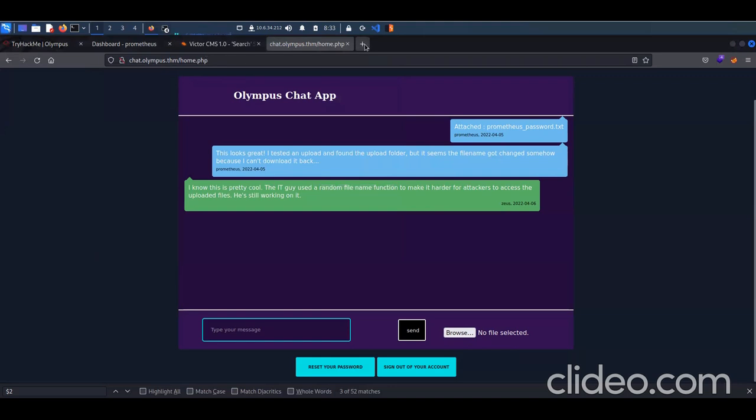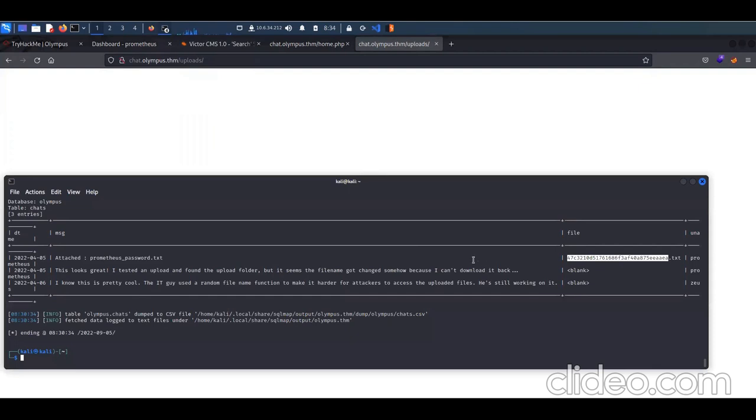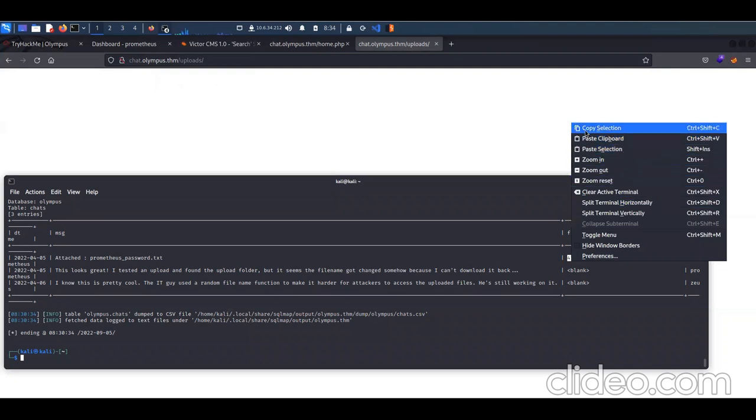Copy it, and chat.olympus/uploads. Let's see if I can see the content of the uploads folder. I can, which is a good sign. As a webmaster, you wouldn't like third parties reaching your web page and seeing the contents of the uploaded files. So you don't want to show that. That's good. However, if we follow the complete full path, such as this one here, if I take this and go to this uploads,